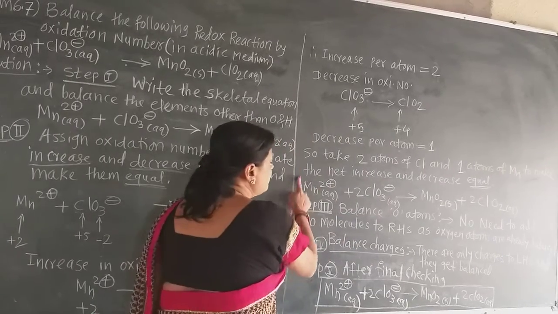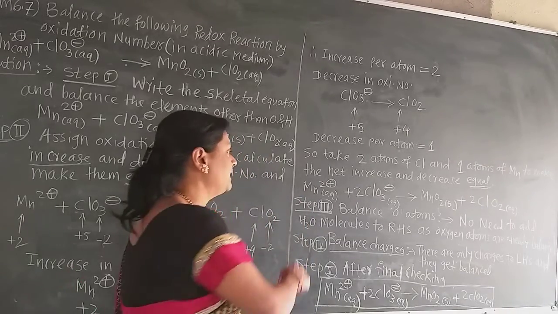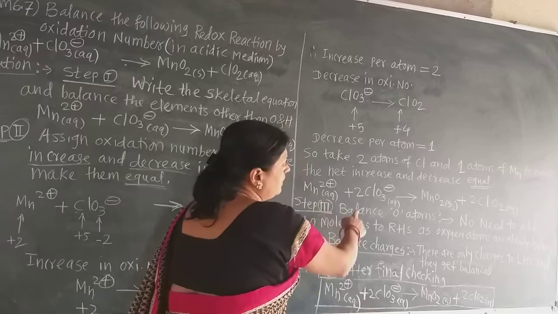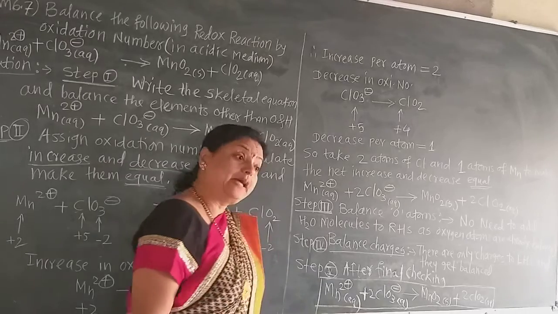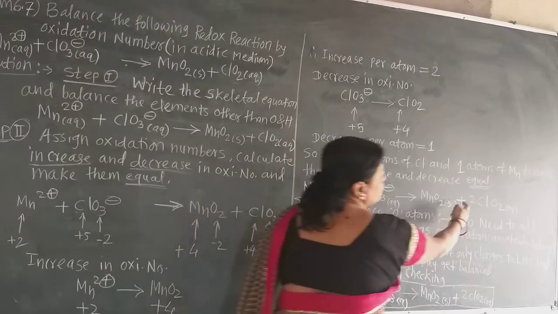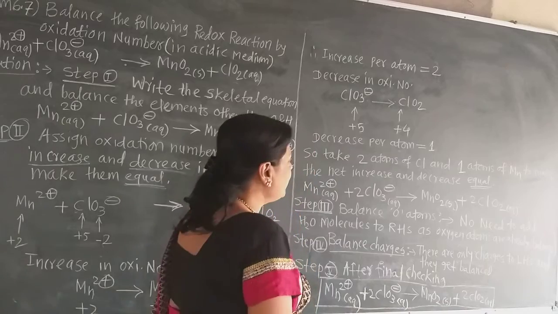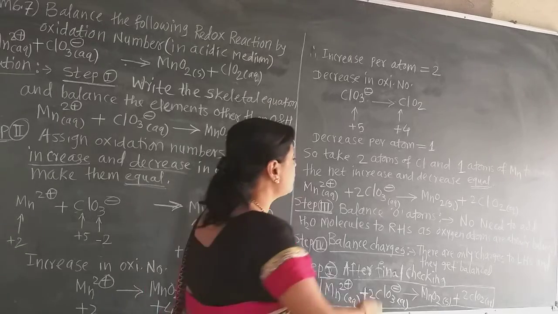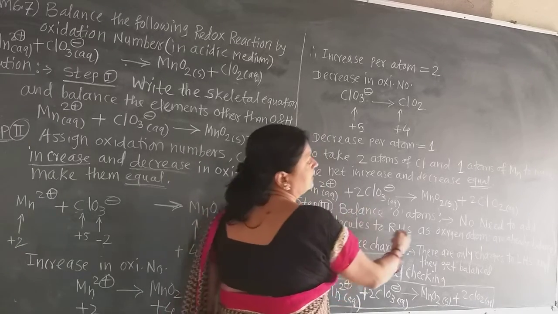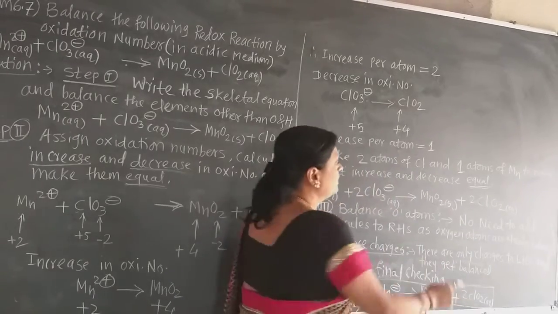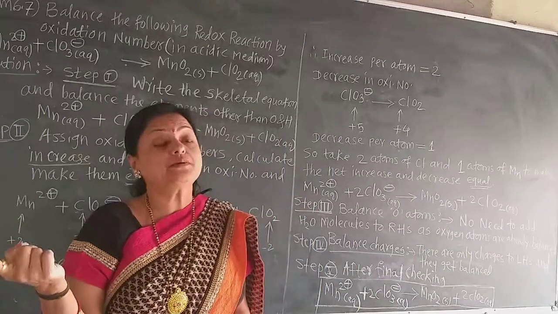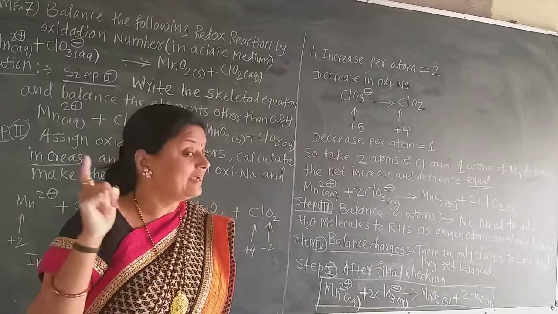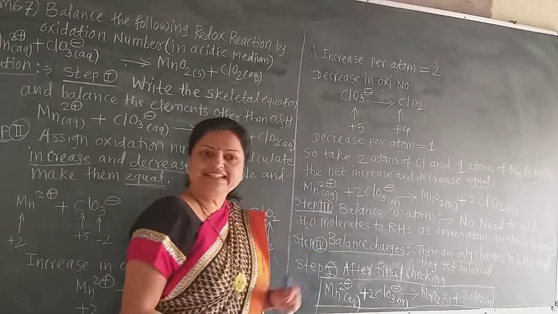So here 1, we do not write 1, though we multiply this by 1, there is no need to write the 1. And this ClO3 I multiply by 2, as here there are 2 chlorine, so balance here also by 2. Now see the oxygen in the next step, balance the oxygen atoms. If we calculate the oxygen atoms, 3 multiplied by 2, 6. Here also 2 multiplied by 2, 4, plus these 2, 6. That means oxygen atoms are already balanced. So there is no need to add water molecules to the right hand side.